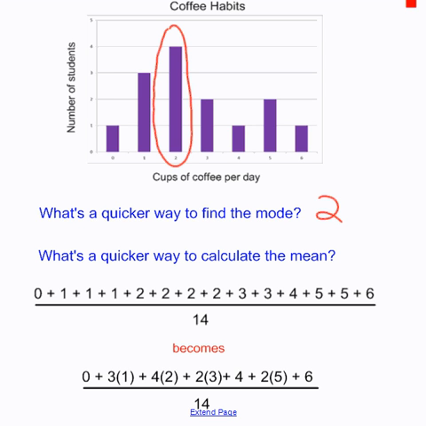So on 1 cup of coffee, there were 3 students that drank that number of cups, and so instead of writing 1 plus 1 plus 1, I could do 3 times 1, and I could continue doing that and still divide by 14 at the end. Again, that's more something you would use if you were dealing with a very large graph with large numbers and you didn't want to have to add them